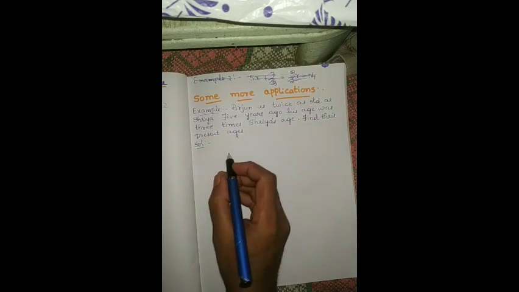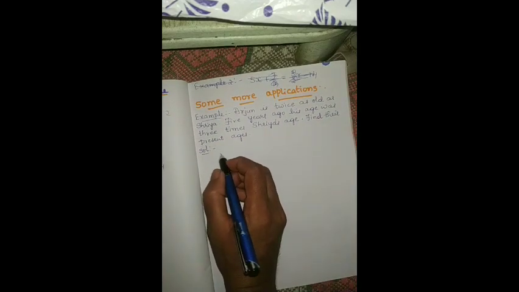Okay. Children, let us move on to some more applications of linear equations. In that, statement type sums will be there. Let us take up an example there. Arjun is twice as old as Shriya. 5 years ago, his age was 3 times Shriya's age. Find their present ages. See, observe here children.